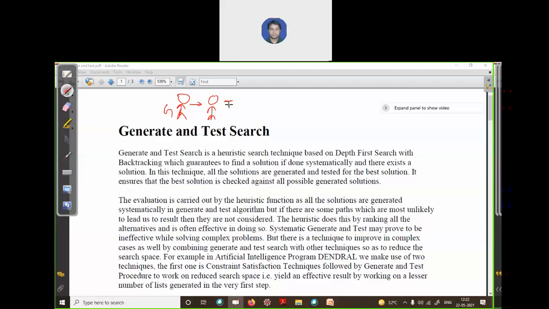If it is correct, the tester will accept it. Otherwise, it will return to the generator, and the generator will again generate a possible solution.